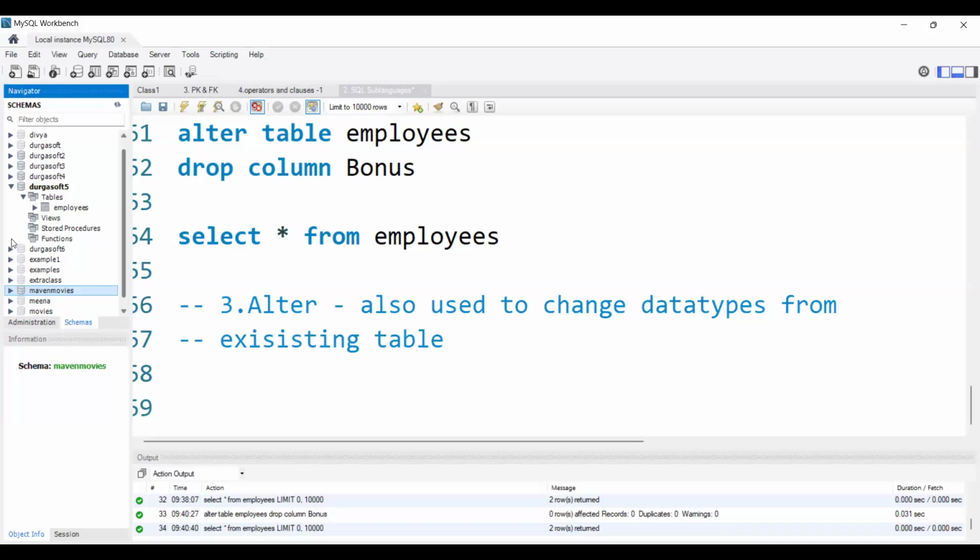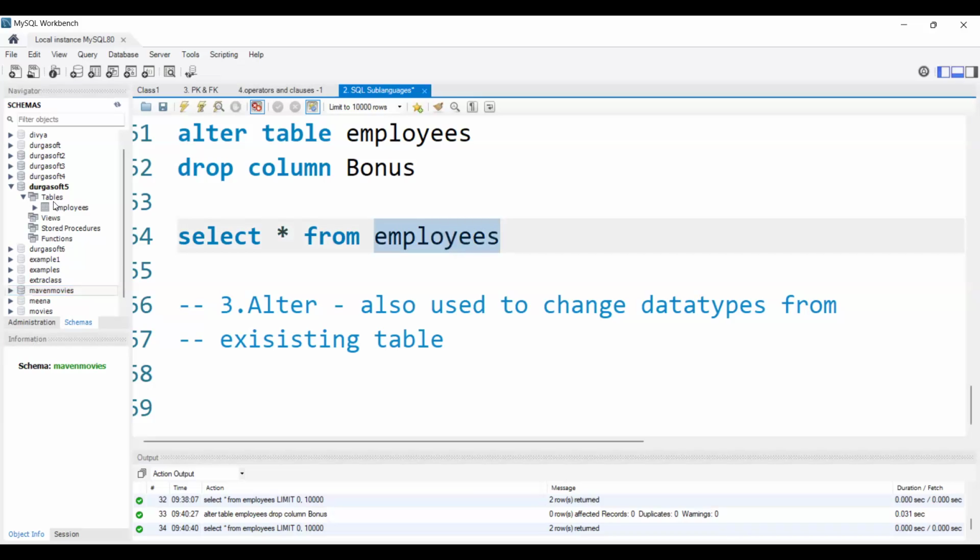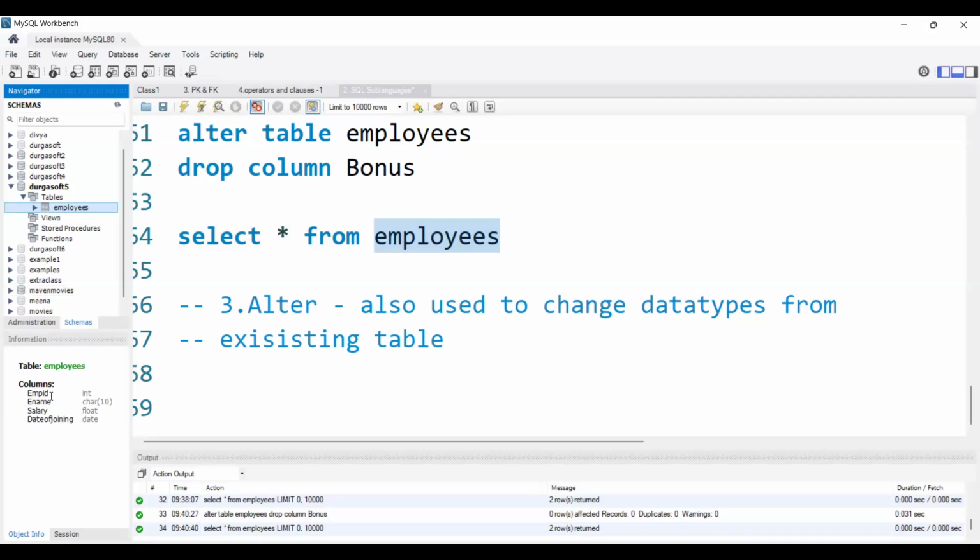So likewise, as I said, we may already have some tables, and they will already use some data types. Suppose an employees table was created by someone. Maybe I used float for the salary column here.